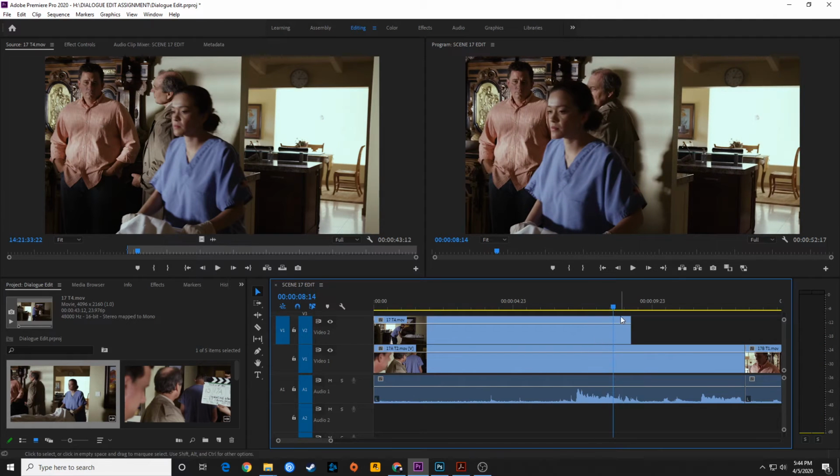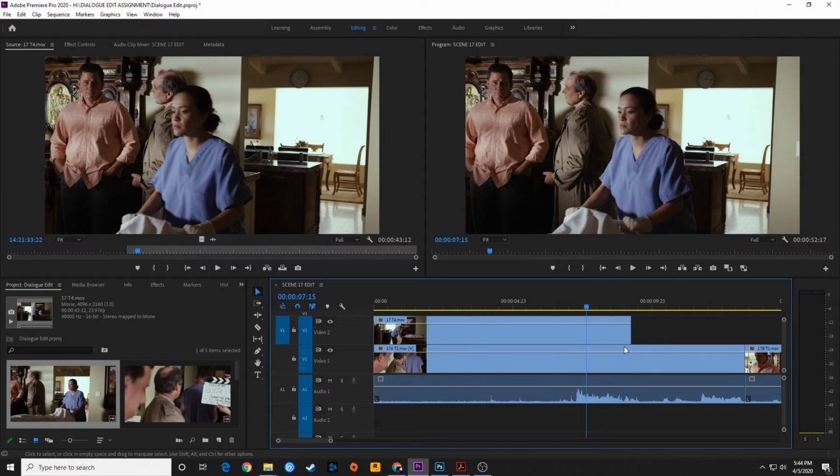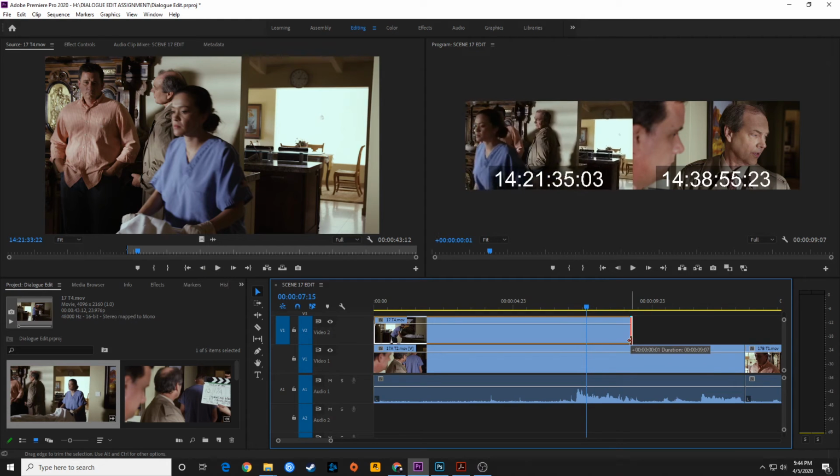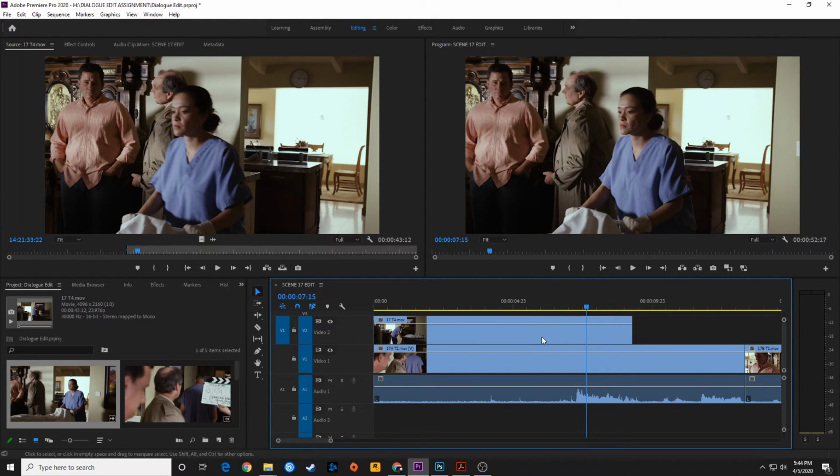So I'm going to have to cut that up because you're going to see that the lips do not match there, and we don't have really good audio for the wide shot because the microphone is farther away because it's a wider shot. But what I can do is I can trim this thing here. But what I'm going to do is, since that head turns kind of matched up, I'm going to select this